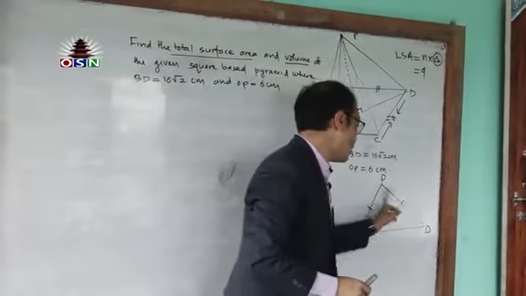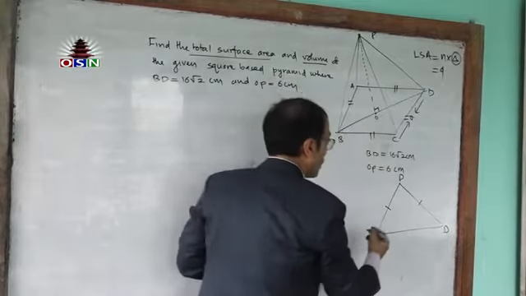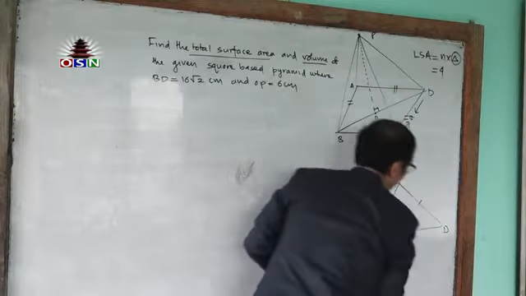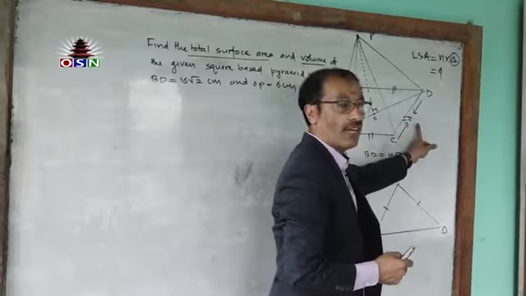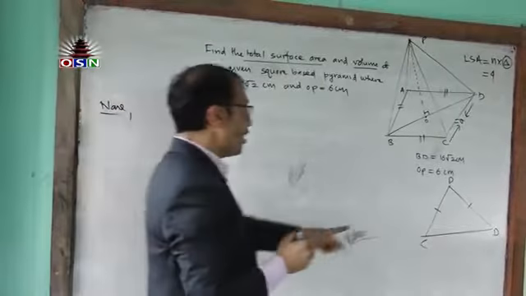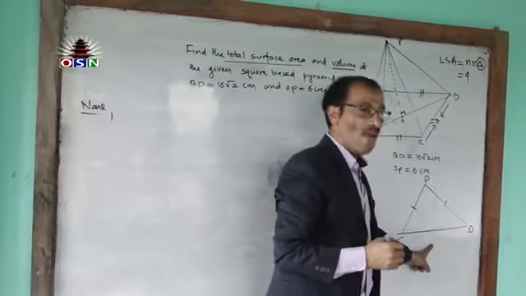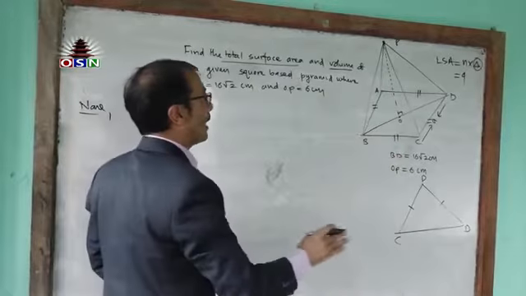So here these 2 sides are equal. Then you will have to find the length of these 2 sides also. Similarly, you will have to find this side also. But how do you find this side? I mean to say, you will have to find the side of the base first. Therefore, you need to write now. To find the unknown fact, you will always have to go through known facts.